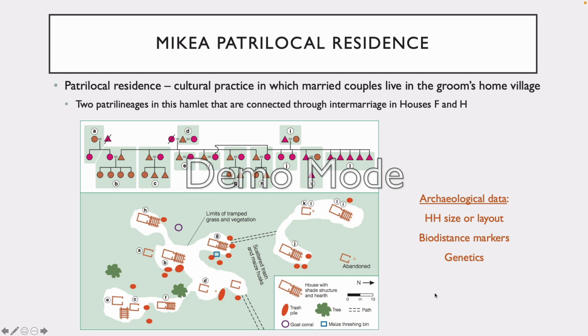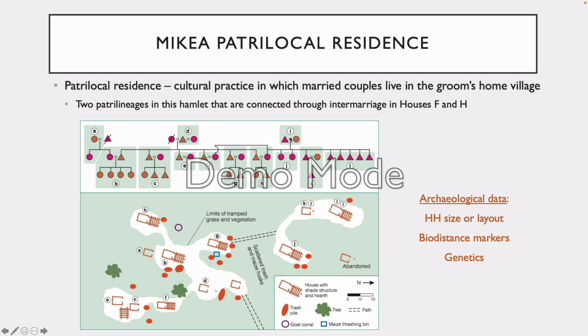So how can we look at this archaeologically? We talk about matrilocal or patrilocal residence patterns, and in this case we're seeing a patrilocal residence pattern, which means that the married couples live within the groom's home village. This map is showing us two patrilineages within a single hamlet that are connected through intermarriage in house F, which we can see here, and house H, which we see here. In those two cases, it's a son of the orange triangle who has married the daughter of a pink triangle. So two males,